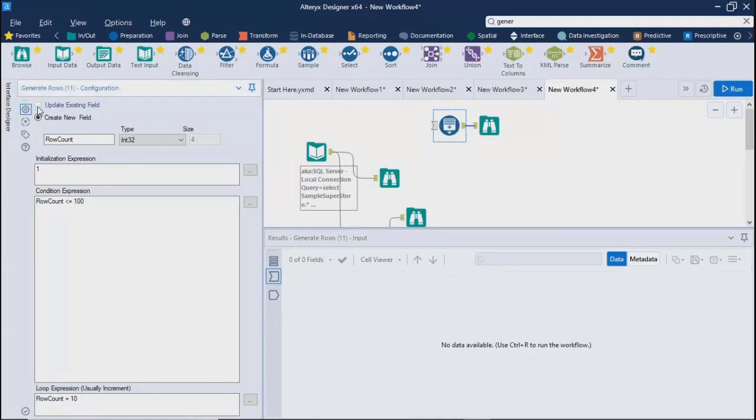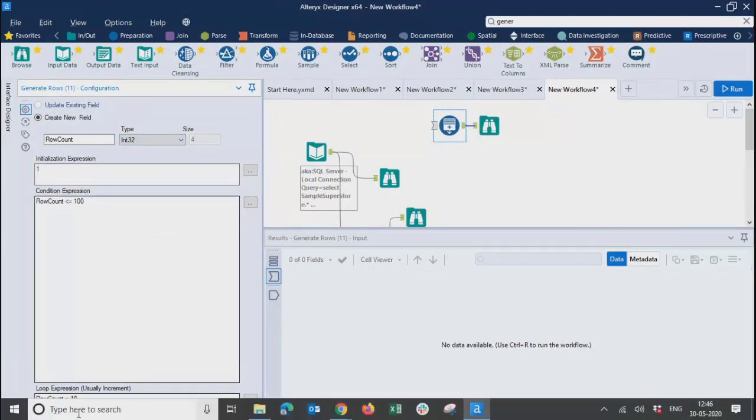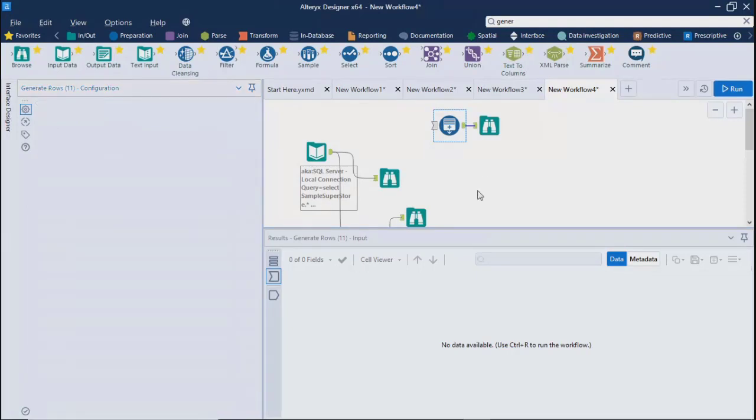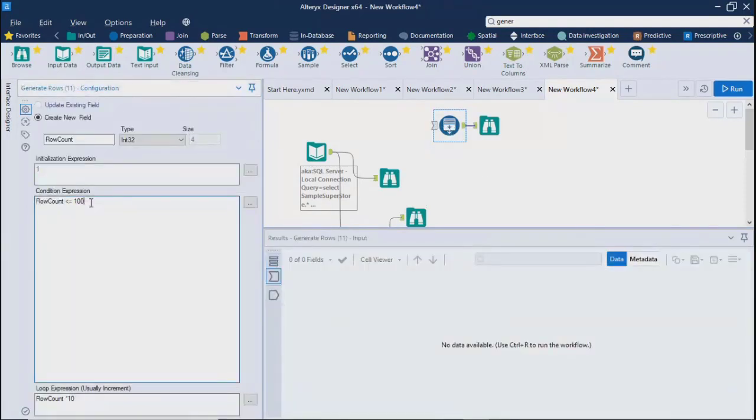So maybe if you say updating existing field, okay, that is disabled at this moment. Let's take some other data type or maybe some other formula over here. Let's say if I say into 10, and over here I'll give, let's say, some random number.